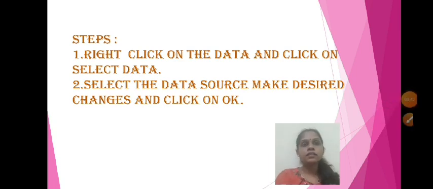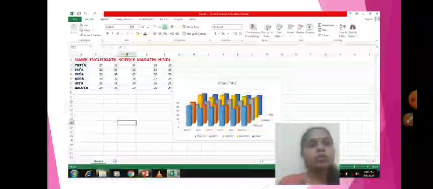So right click on the data and click on select data. You have to right click on whatever data is there, and there you will get select data. Select the data source, make the desired changes and click on OK. So we'll see how we will go through. Now